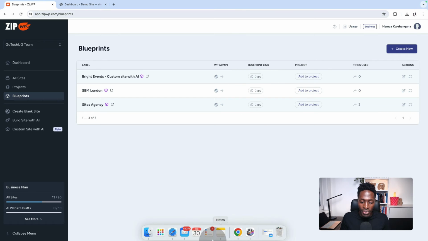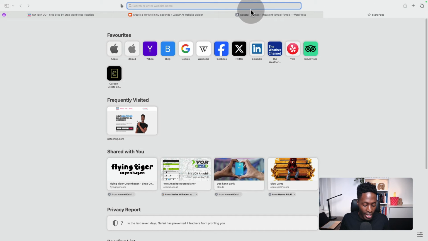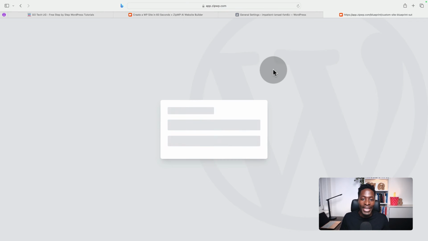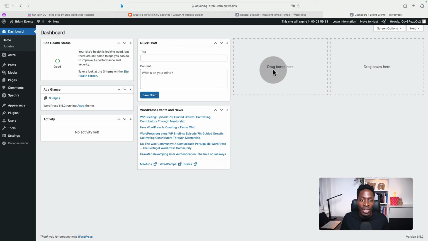I'm going to open up a separate browser. And in this browser, I'm going to add a new tab and I'm going to paste that blueprint link and then go straight. And you will see that now ZipWP is automatically creating a custom site using that blueprint link. Website visitor doesn't even have to log into ZipWP or even own a ZipWP account. They can just simply copy paste that link and straight up ZipWP will start creating that installation of a copy